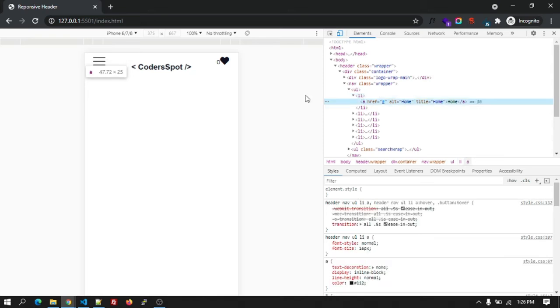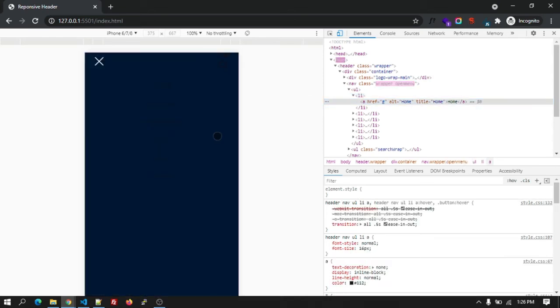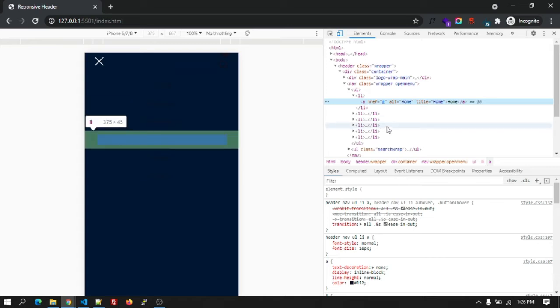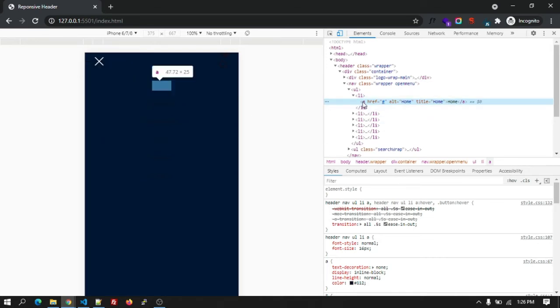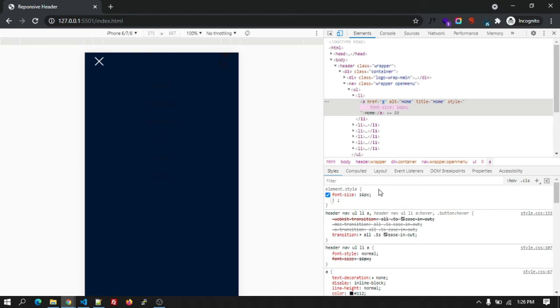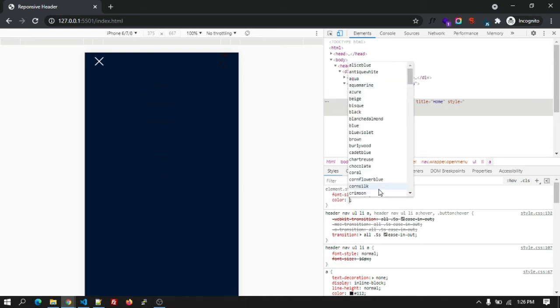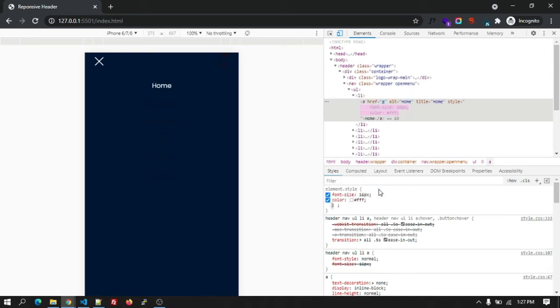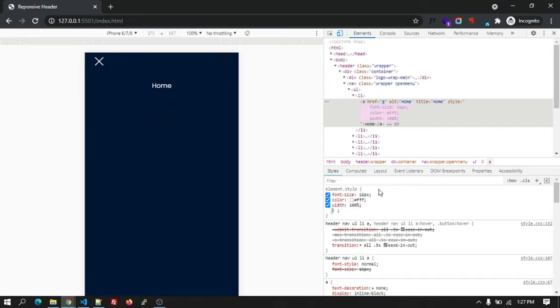So we are going to add it to the anchor tag inside the LI, which is the A tag. So for that, let's make the font size 16 pixel in the mobile device, and the color as white. Okay, and the width will be 100% and the float will be left.